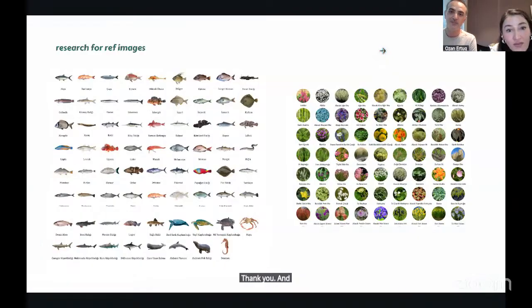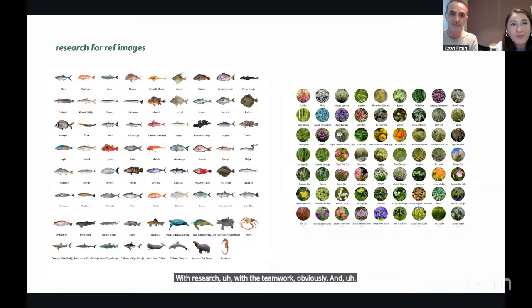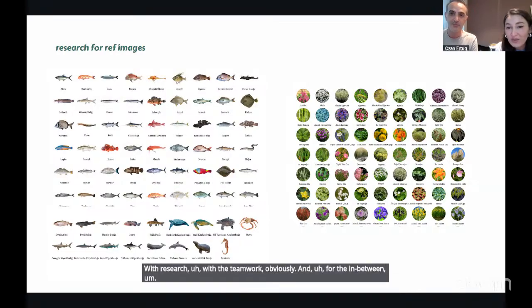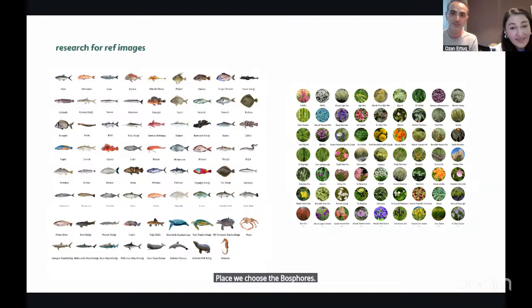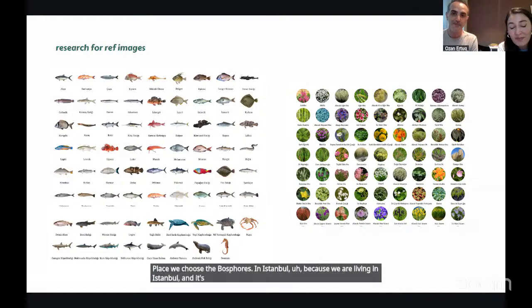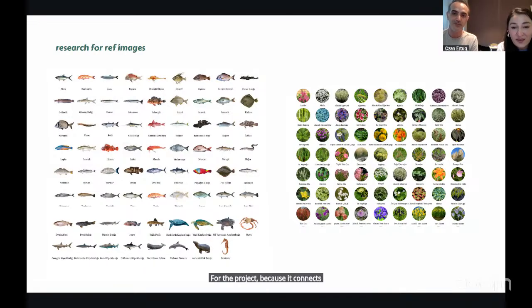This project took approximately a month with research, with teamwork, obviously. For the in-between place, we chose the Bosphorus in Istanbul because we live in Istanbul, and it's a very unique space for the project because it connects Asia and Europe.